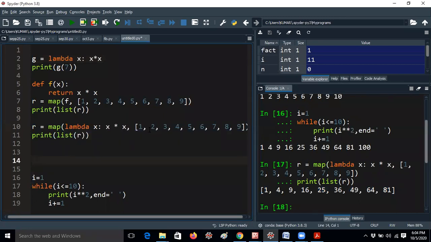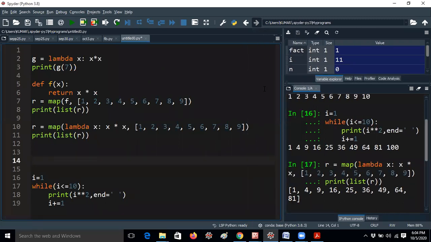So these are nothing but higher order functions. Once again I'm telling, guys, one minute, let me explain the code clearly, how I am writing it. Instead of writing these two functions, I'm removing this, because an anonymous function takes the arguments like this. I'm directly taking x here and the expression here. I'm just using lambda. There is no function name here like f, so I'm removing the f name. Instead, I'm directly writing the function like lambda x colon x into x. So 1 2 3 4 5 6 7, that means if I give all the numbers here, automatically it will get all the powers.